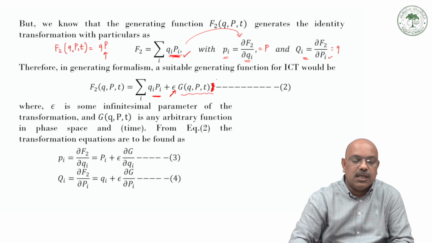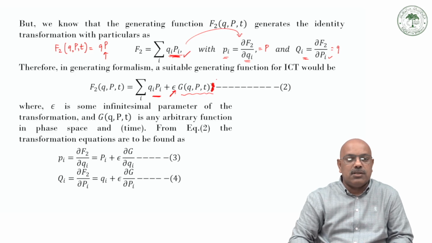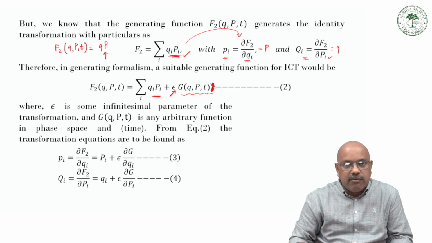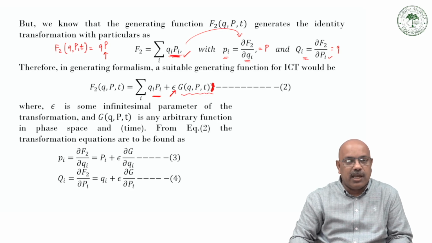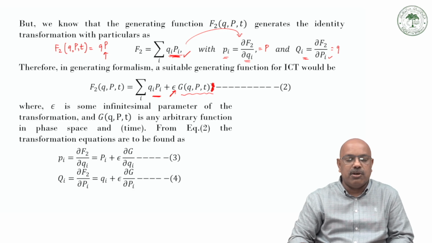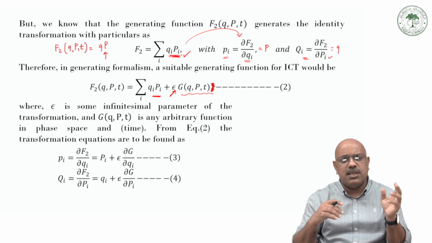Okay, this G. So this is how we are trying to create our generating function for the infinitesimal canonical transformation, where naturally this epsilon is some infinitesimal parameter of the transformation, and G(p, q, t) is an arbitrary function of phase space, because in momentum space we have p, and time. So from this equation, you see the transformation equations are found to be